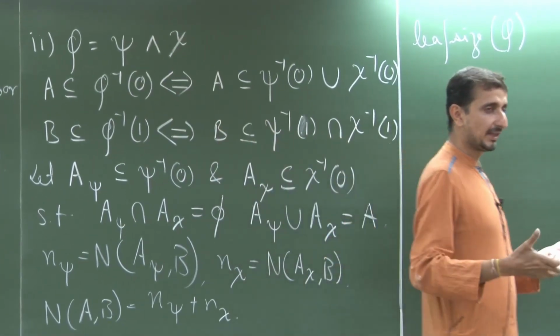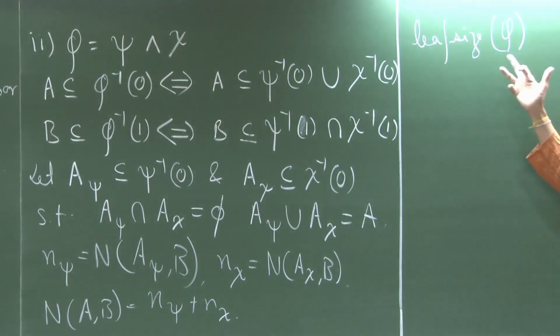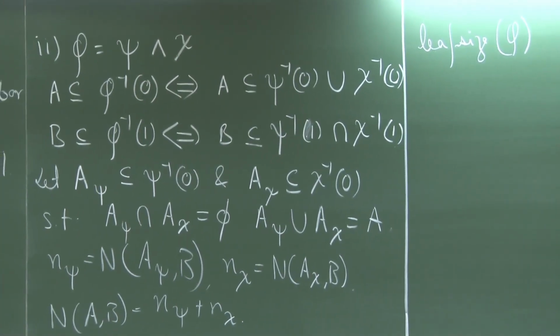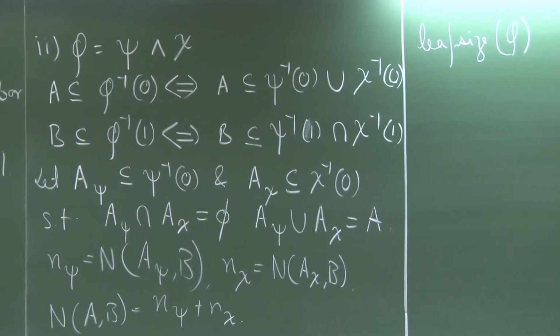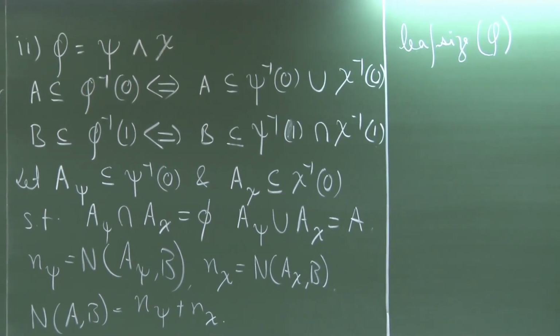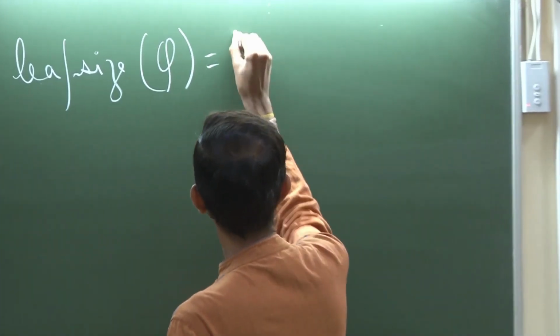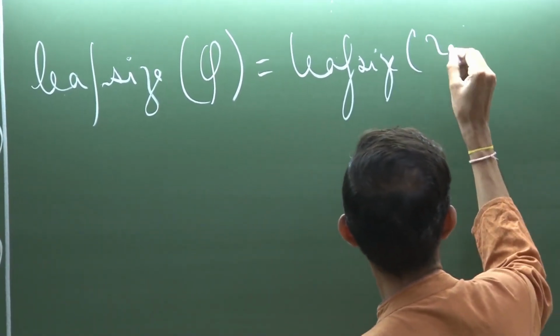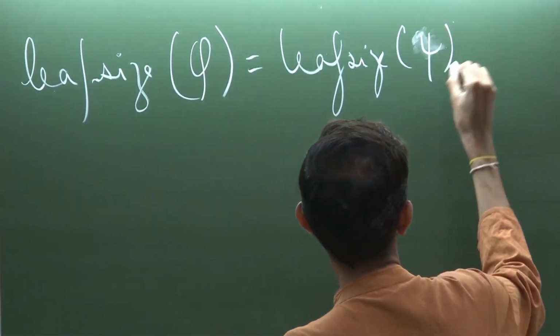So, what can I say about the leaf size of phi in terms of the leaf size of psi and chi? It is just the addition, the total number of leaves in the entire tree is the number of leaves in this subtree and this subtree. So, it is equal to leaf size of psi plus